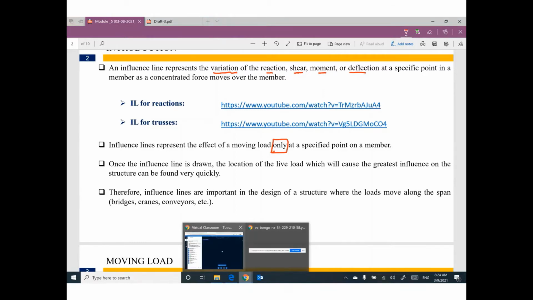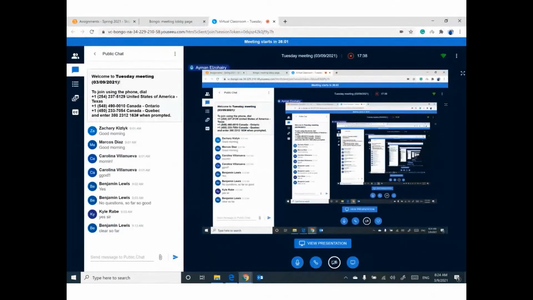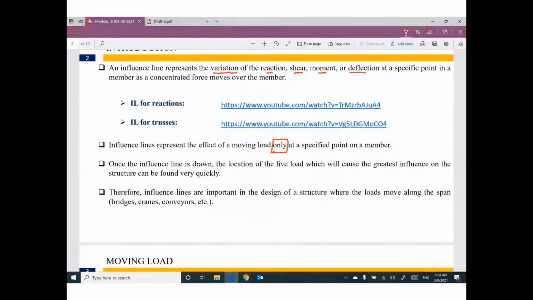The video was showing reaction at B only, one specific point, reaction at B. And the car is moving from this side to the other side. So we are taking the influence line due to the effect of moving load only at a specified, specific